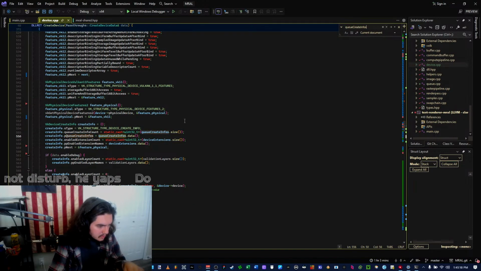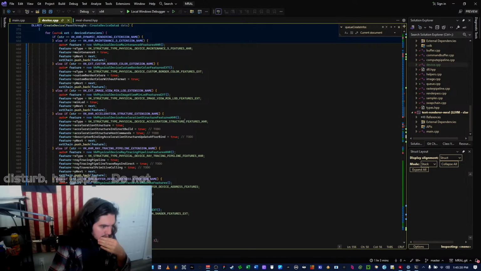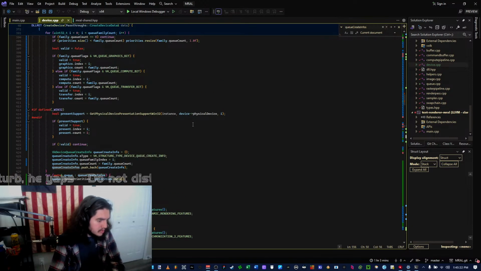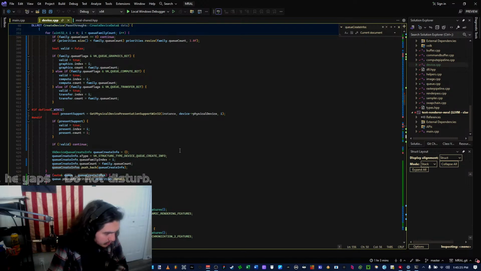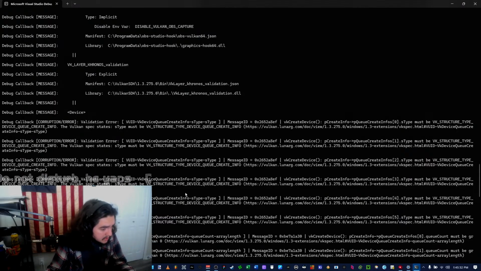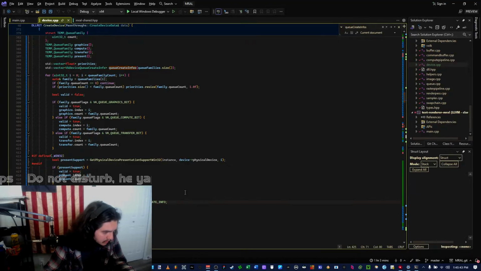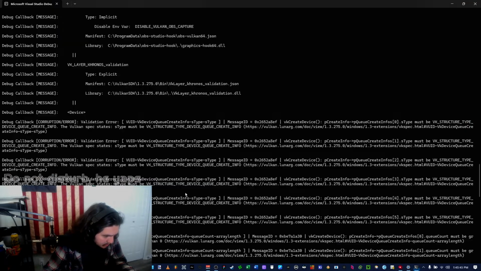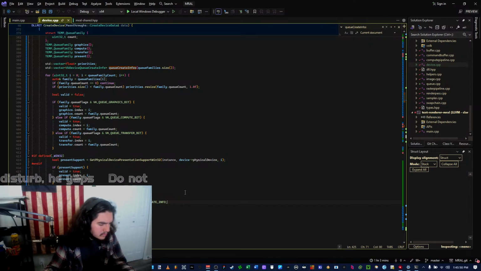Alright, so saying this, I create these structures up here. I do it when I'm doing this, and it says must be VK structure type device queue create info.